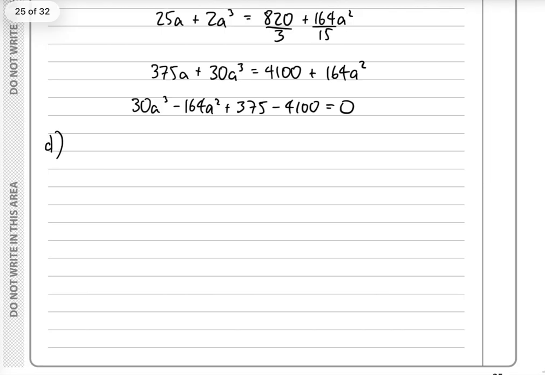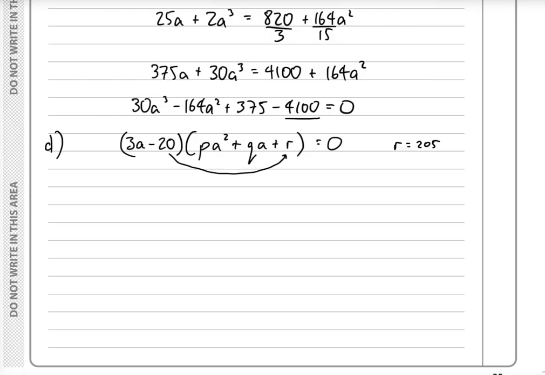So part D here, we're using 3a minus 20 as one factor, and then we've got pa squared plus qa plus r as the other factor, the quadratic factor, and then I can consider the different things and what they need to make. We need minus 20 times r to make minus 4100, so r must equal 205 for this times this to equal this. 3 times p must equal 30, so p must equal 10, and then we're going to need 2 for q,